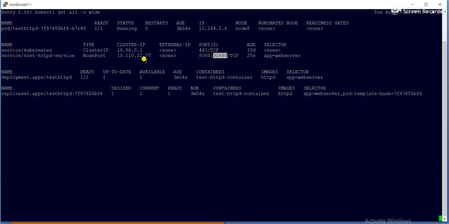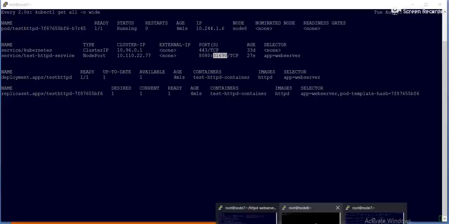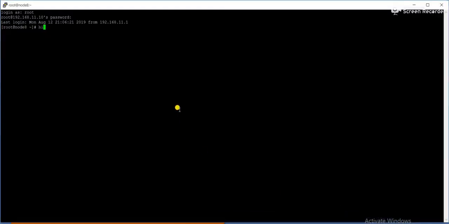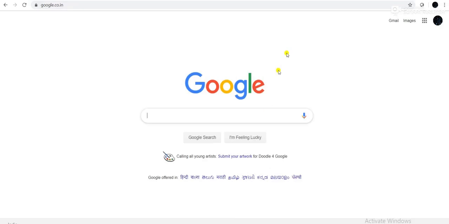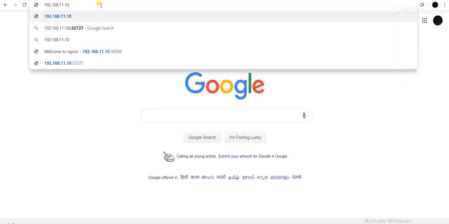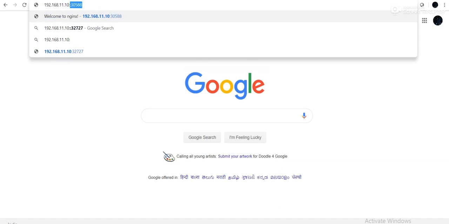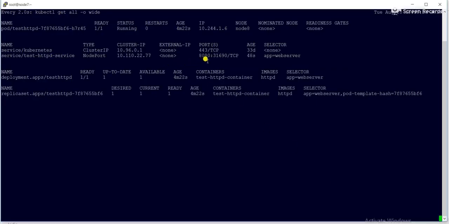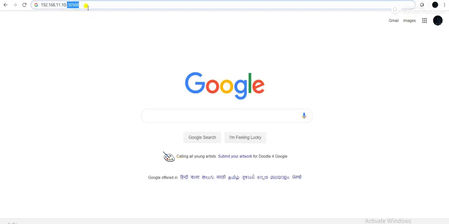So what we will do, because my container is running on the worker node, right? So what is my worker node IP? hostname -i. So this is my IP. So what I will do, I will go to the browser, Control V, then what will my port number be? I need to give 31690. Okay, 31690.